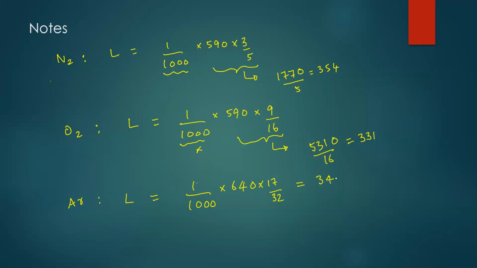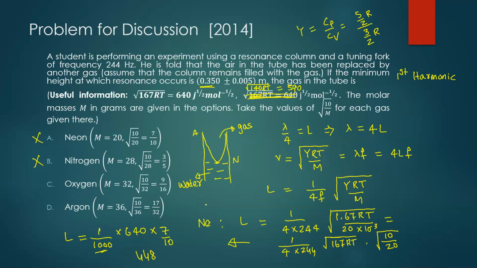Now, which has a higher chance of going towards 350? I think 340 has a higher chance than 331, because instead of 1000, we will have a smaller number. So that means I think we can confidently take D as the option. But I think there are some calculations. It's a very nice question. You understand?